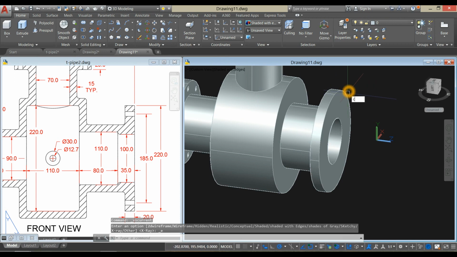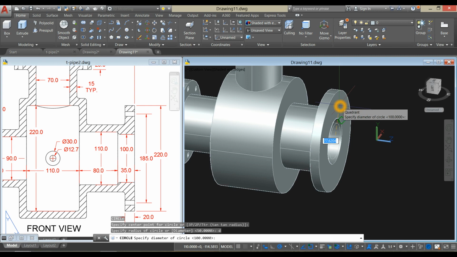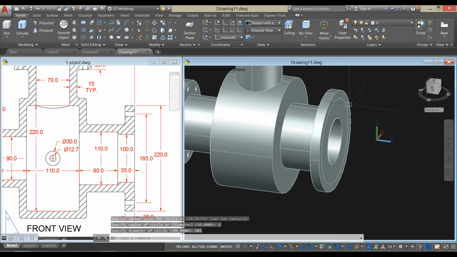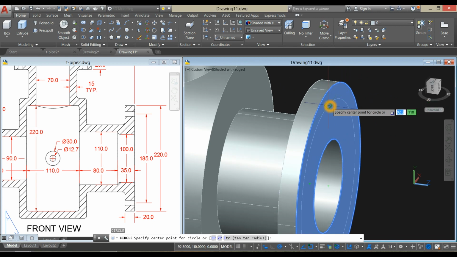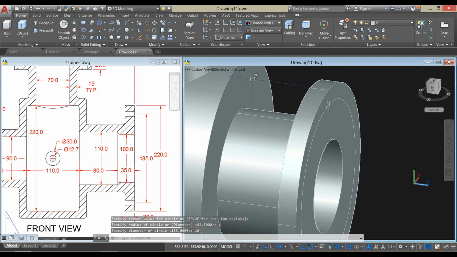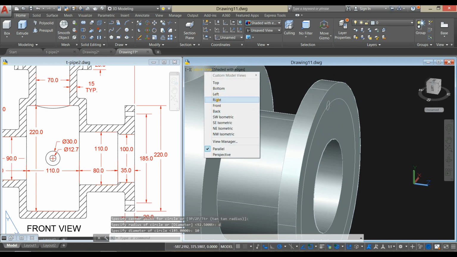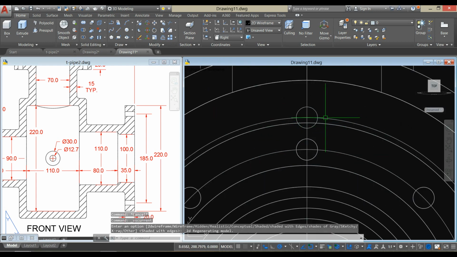Now I'm gonna create another circle for guide for the bolt holes and enter 185. Did I press D yet? Okay, D for diameter option and enter 185. Now circle again, locate quadrant, type D for diameter option and enter 10. I'm gonna bring this drawing to right view, change this to the wireframe. I'm gonna extrude this one